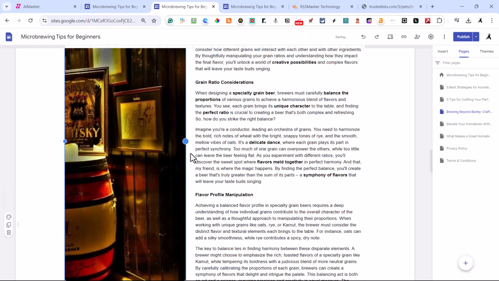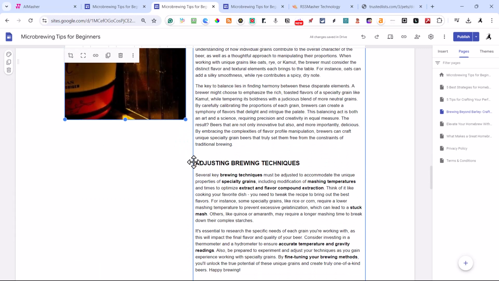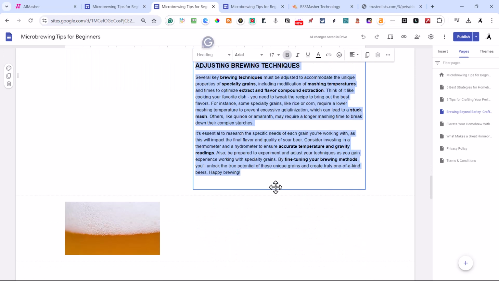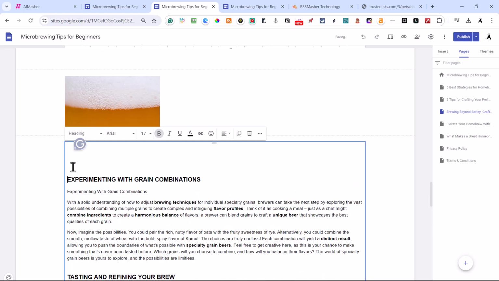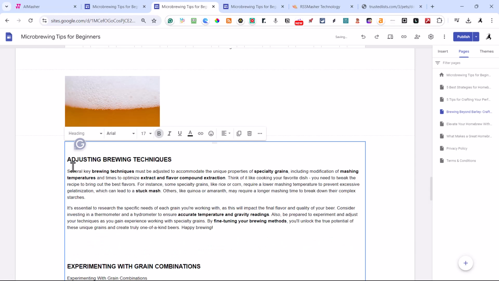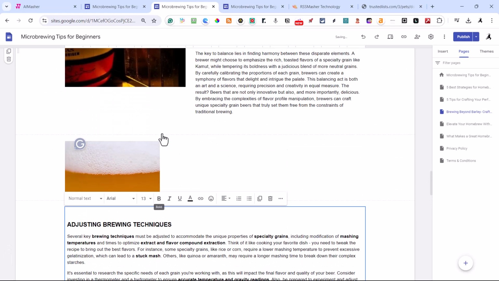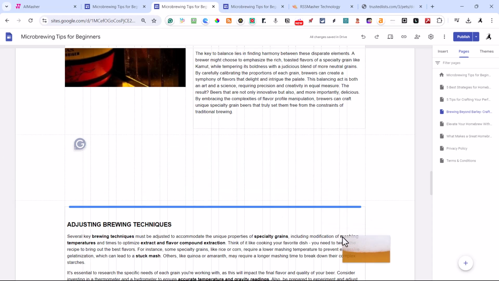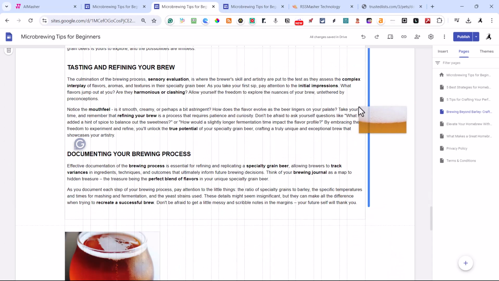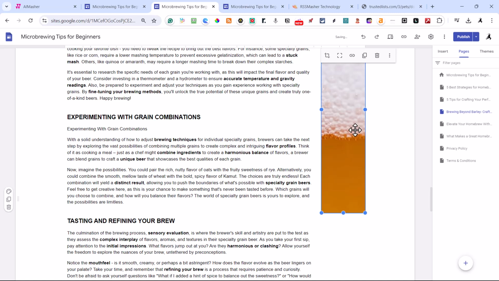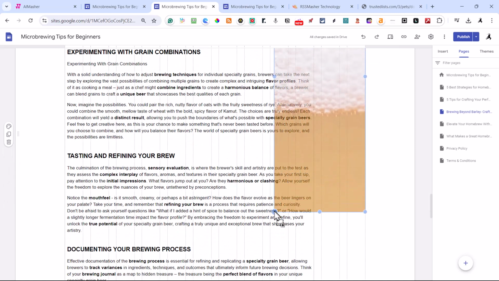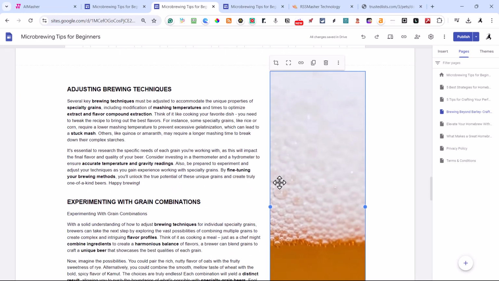That looks pretty decent. And I'm going to take this section and put it in above the next one. I hit Control X. And I'm going to put it right there, hit a line break, and then paste that in there. Okay, so that looked good. And maybe we put this on the left side this time. And you may decide you don't even want an image there, and that's easy. You just hit delete. That looks pretty decent.